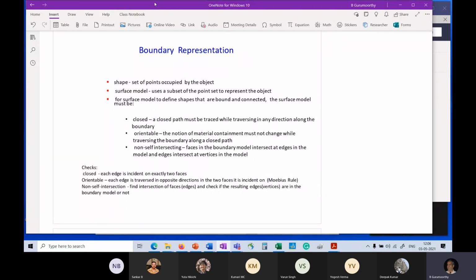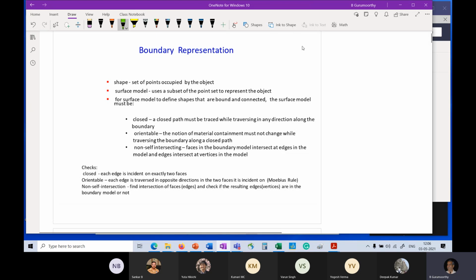Okay, so just to quickly recap what we did on Monday last, we looked at the boundary representation, and the problem that we were discussing in the class the other day was the fact that our intent is to define a set of points occupied by a closed bound object, which is a solid. But we don't actually describe the points, we describe a subset of those points, namely the bounding surface. When I say a subset of the point set, we were only attempting to capture it by representing the bounding surface, right? And this is sort of an indirect way, and therefore there are some problems that can happen.